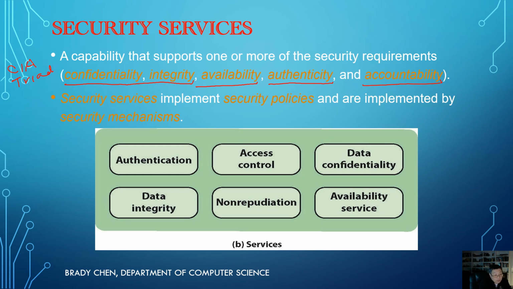A security service is a capability that supports one or more of the security requirements. So now, the security services actually achieve these goals by implementing the security policies and also by implementing the security mechanisms we just talked about in the previous